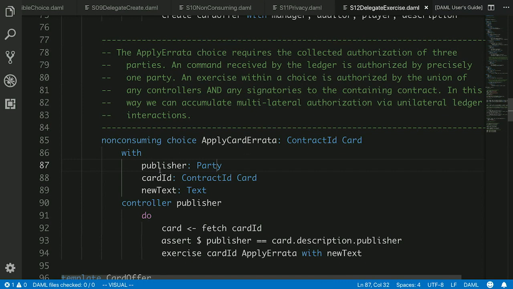Because of this delegation, the command comes in with a single publisher authorization, but the marketplace contract itself carries both the authorization of the manager and the auditor. And so we get those three come in together.